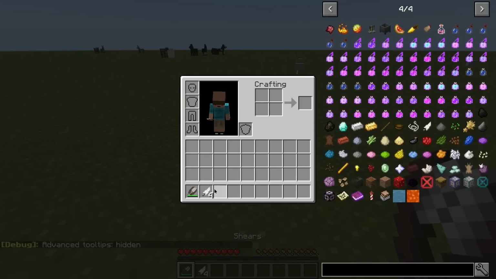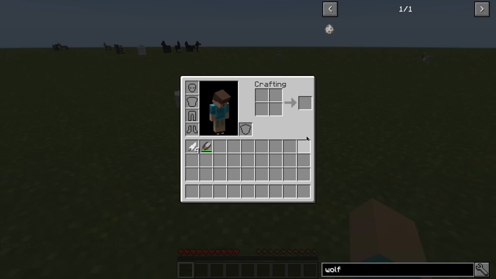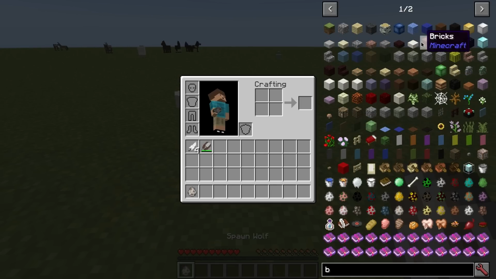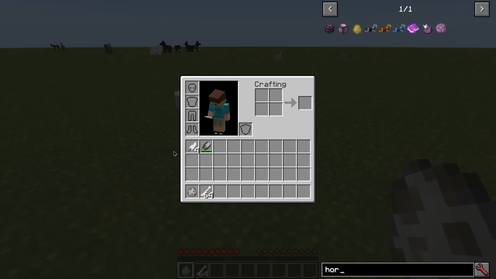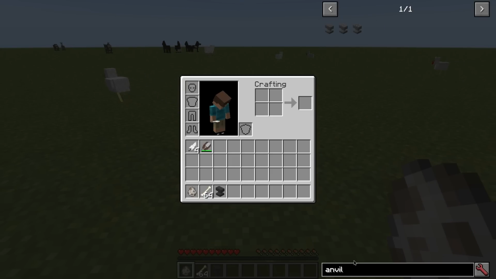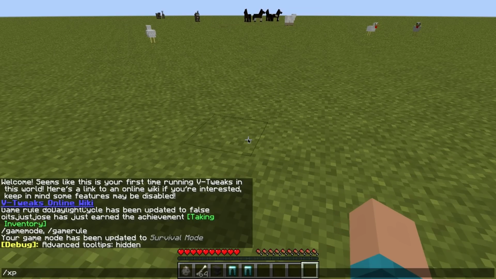The next thing you can do, if I have a wolf, and of course some bones, oops, let me change to cheat mode. With some bones, and let's say I had a pair of horse armor, which you can craft. So let me show you how to craft them first, and then you will see the effects of the horse armor here. So if I do XP,